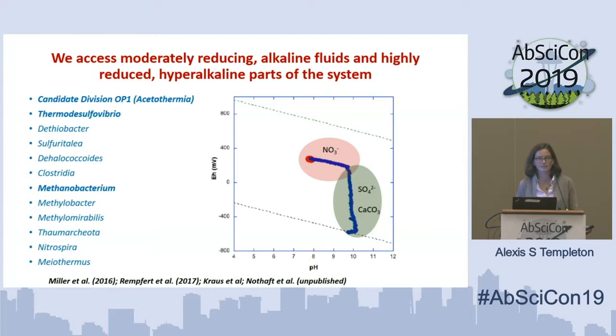Now, they're differentially distributed, and we're still trying to probe the activity of different organisms in different states of the system to understand their role. If we take one environment where we're really profiling as a function of depth and we look at the different geochemical states of the system, this is where we're in a suboxic, moderately reducing environment that we can find often in the shallower parts, the upper tens of meters in the fractured aquifer. But as soon as we get into a part of the system that, again, has a lot less fluid transfer